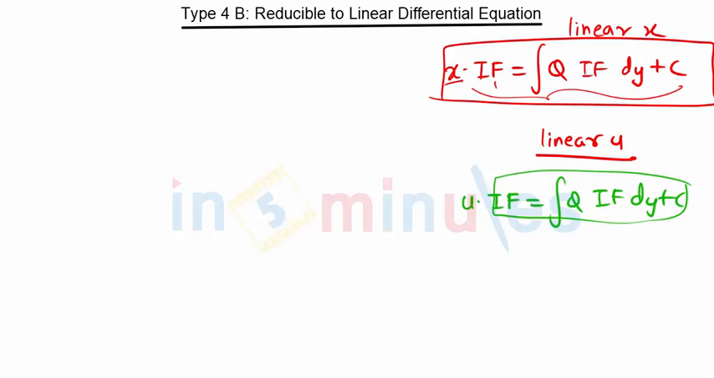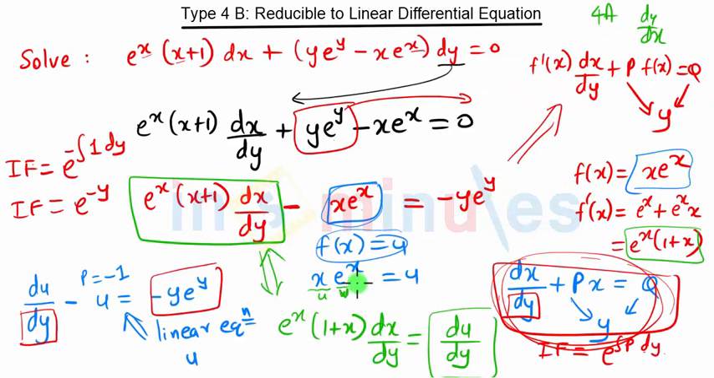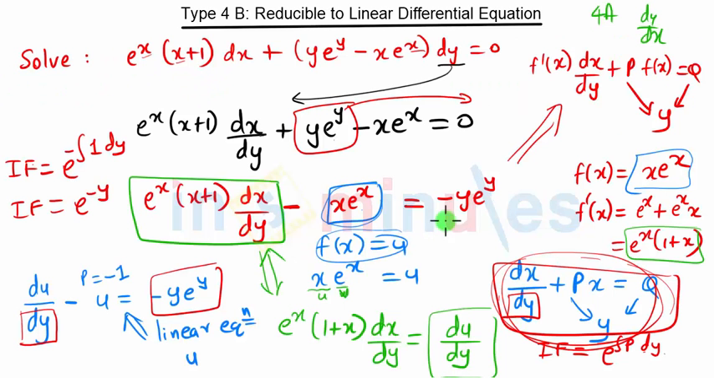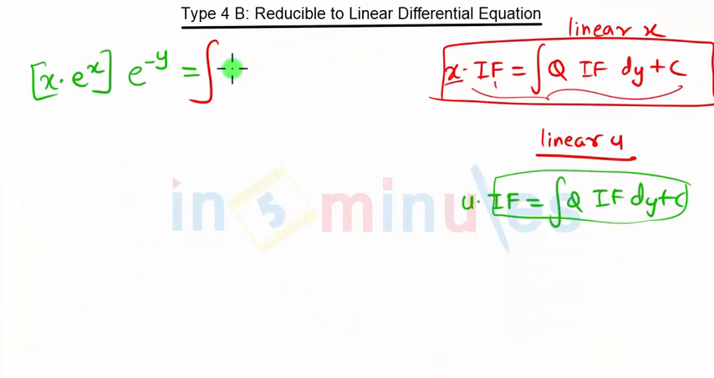So what is u? We have substituted u as x into e raised to x. So u is x into e raised to x. What is the integrating factor? We have calculated it as e raised to -y, equal to integration of q. What is q? Q is -y e raised to y. So q is -y e raised to y into integrating factor into dy plus c,